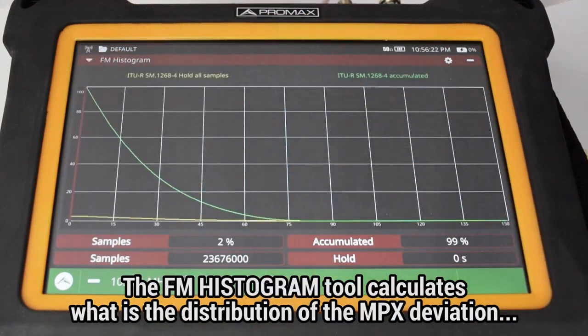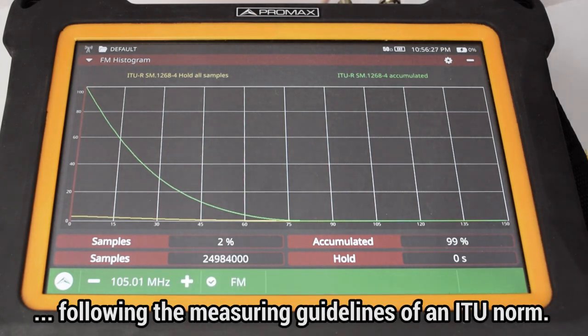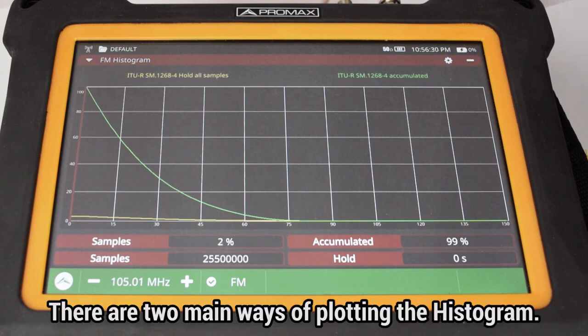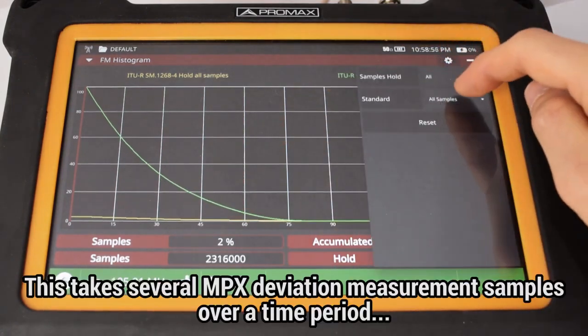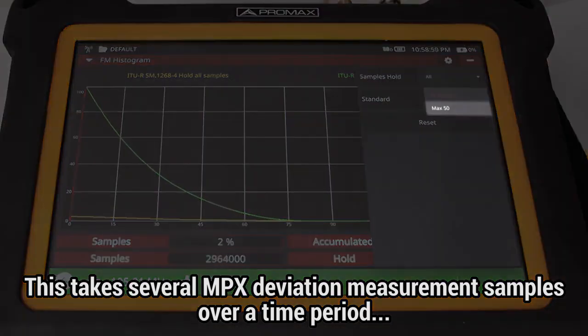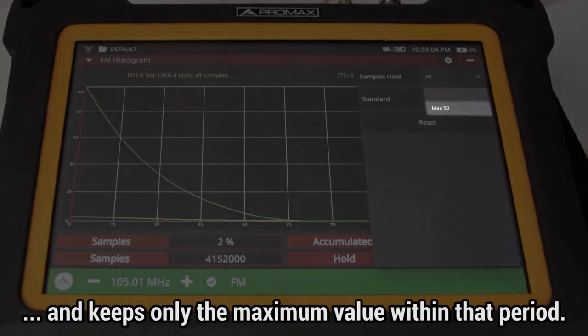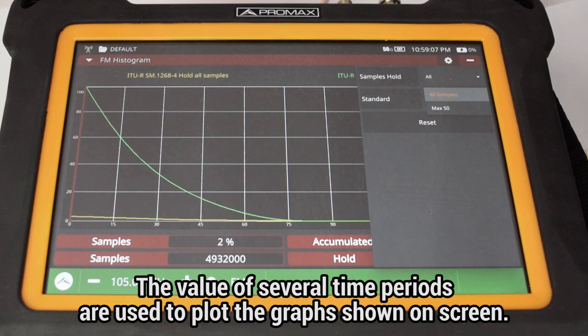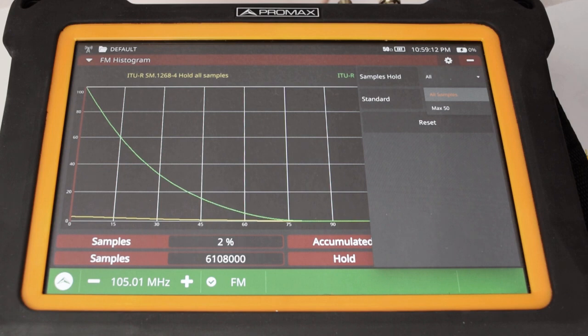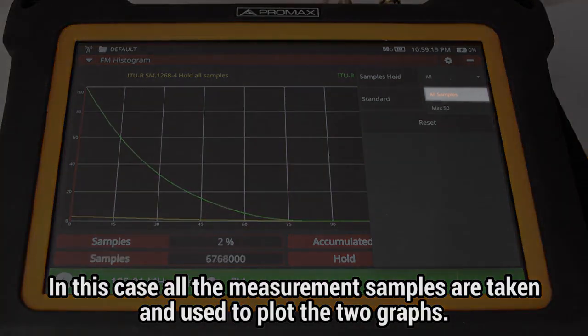The FM histogram tool calculates what is the distribution of the MPX deviation by following the measuring guidelines of an ITU norm. There are two main ways of plotting the histogram, which can be selected from the tool preference menu. 50 milliseconds. This takes several MPX deviation measurement samples over a time period and keeps only the maximum value within that period. This is done over several time periods, and then those values are used to plot the graphs shown on the screen. All samples, in this case, all the measurement samples are taken and used to plot the two